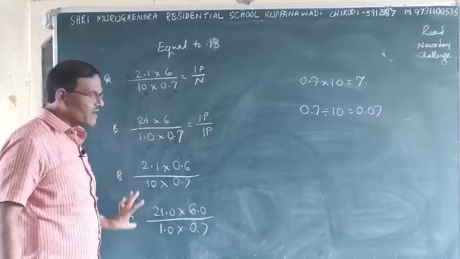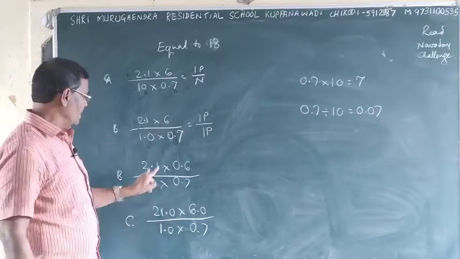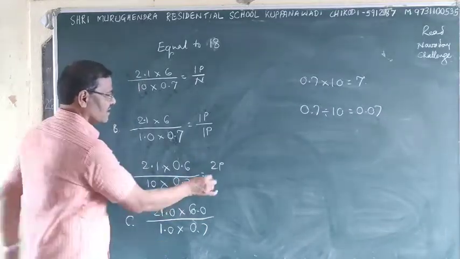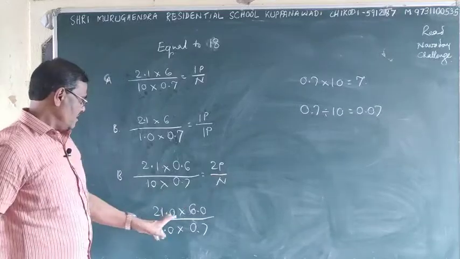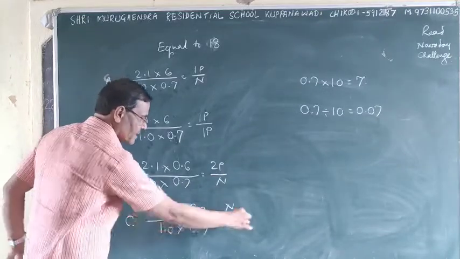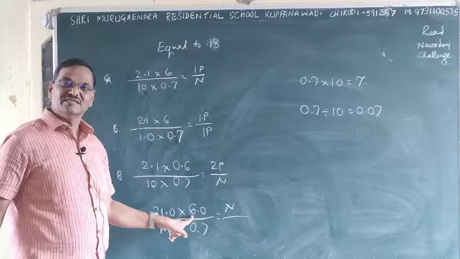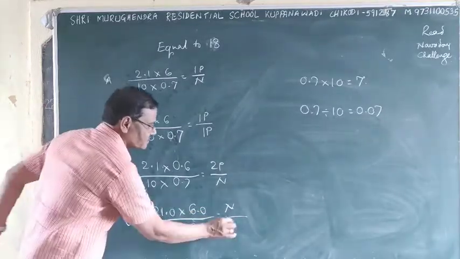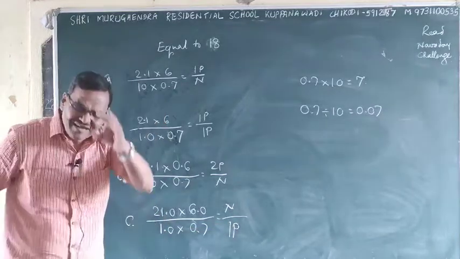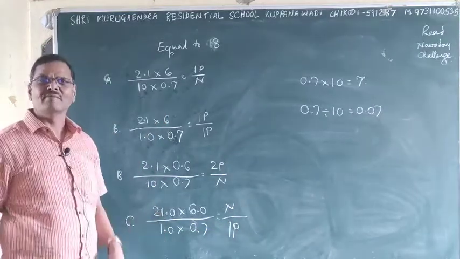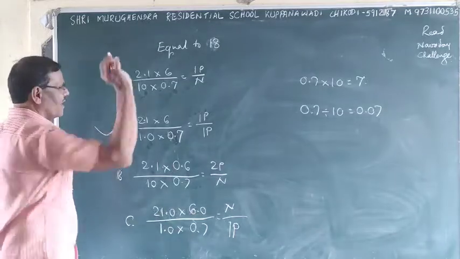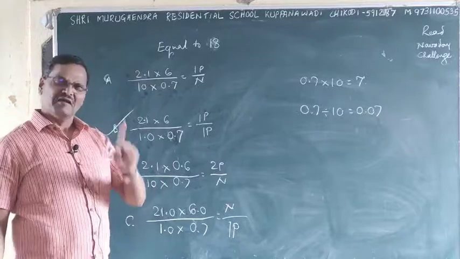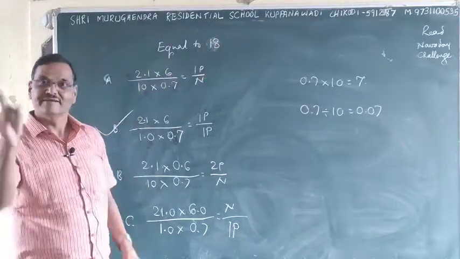Whereas why these two are not our answers, we have to see. 2 places, and here nothing. Nothing, because 21 into 6 it is. In decimal nothing is there, nothing. And here one place. What I am telling you is, this is equal to 1 now. One place by one place is equal to, this is everything. Our 18 came here. Isn't it?